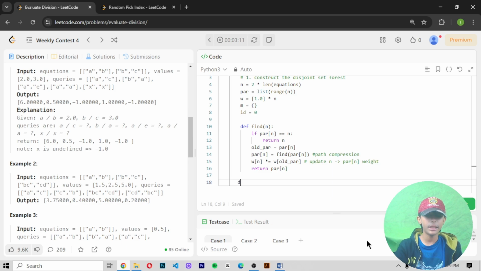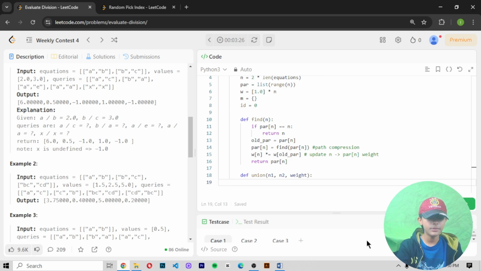Now let's define our case 2. Give the space and define def union, in which you define n1, n2, and the weight. Sorry, not n3, the weight. So these cases we have defined here.